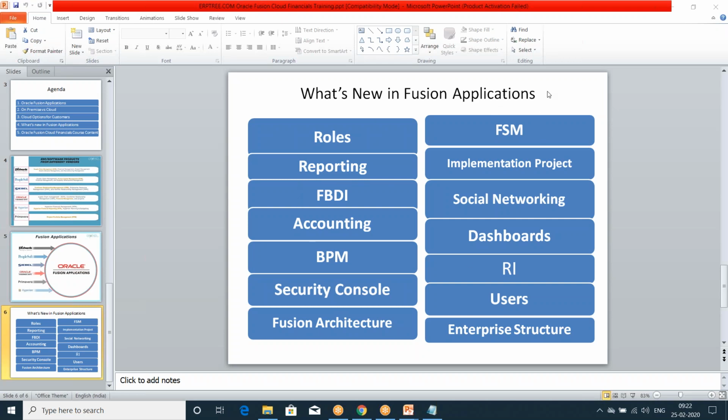You can develop your own templates, and accordingly you can prepare different reports also. What I'm saying is, by default, Oracle is giving BIP, Business Intelligence Publisher reports, as well as